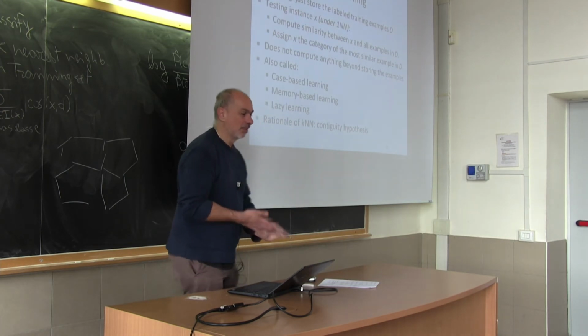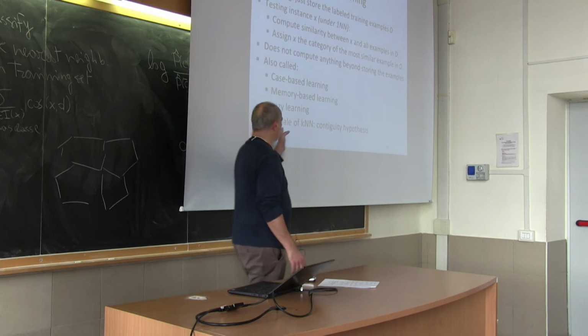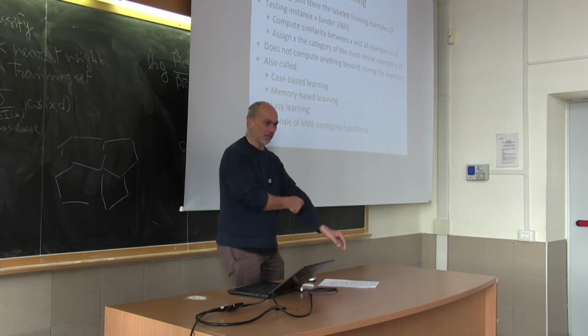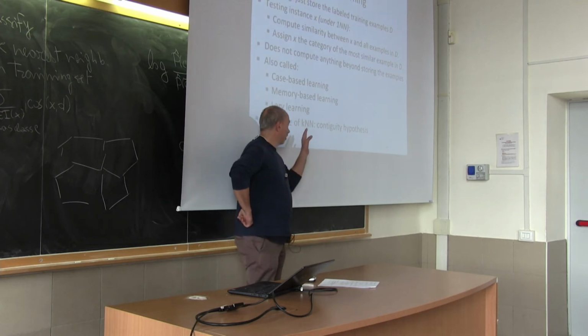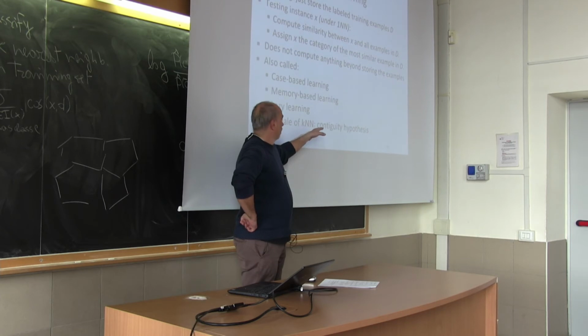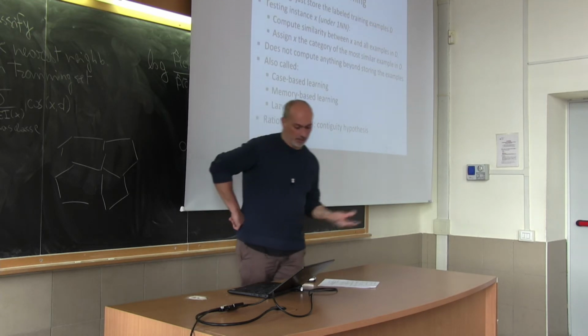But still, the underlying idea, we will see how you can handle different classes. But in general, the idea behind, let's say, distance-based approaches like K-means, like KNN, is that